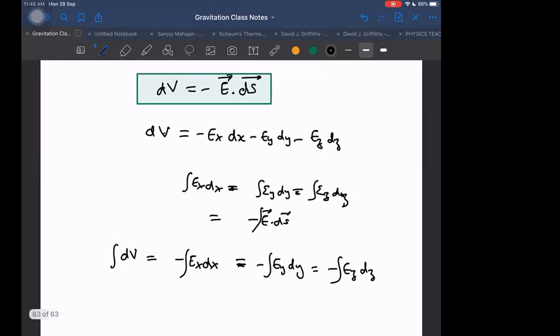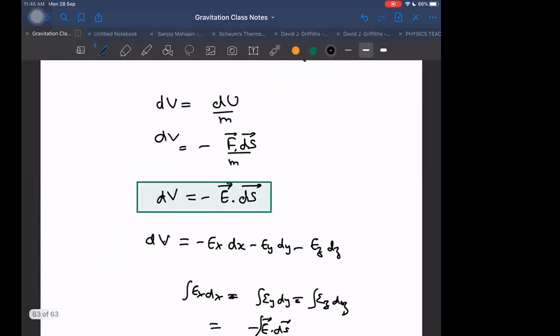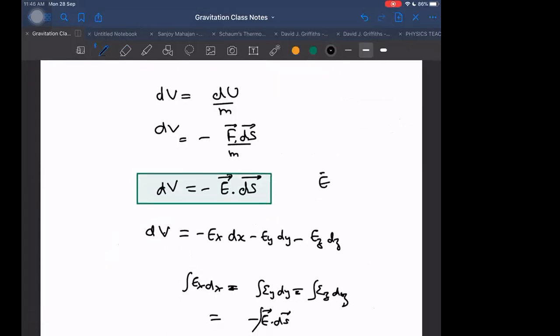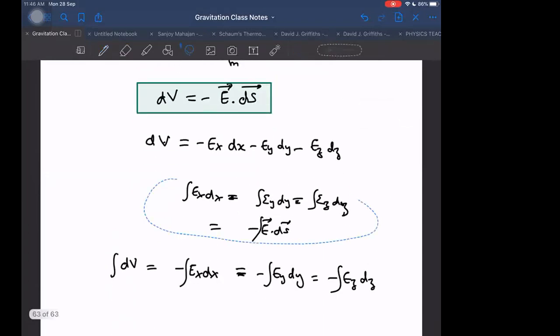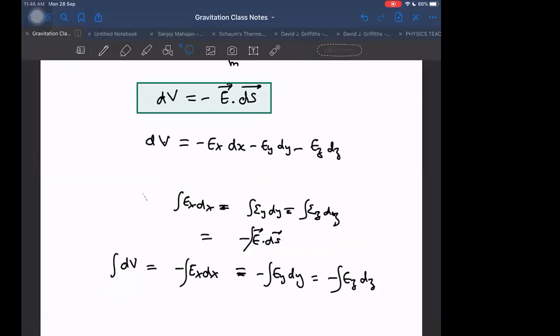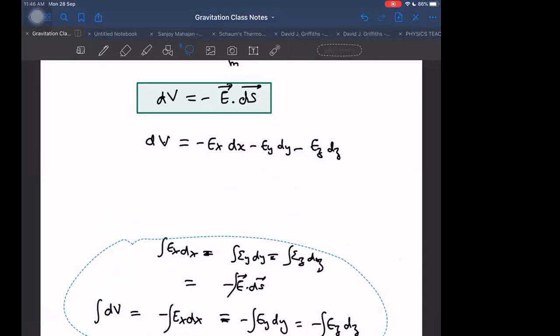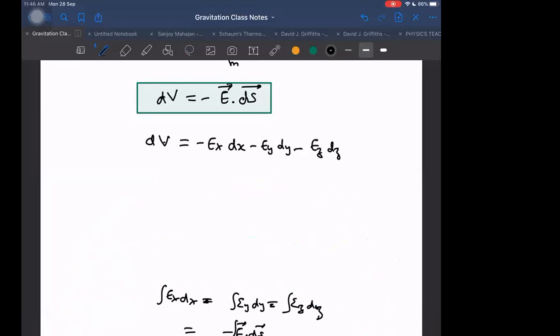And one more thing I want to write here, I could have written it in differentiation form also. I can write E is equal to minus of del V by del x, Ex. If you don't understand it now, I can postpone it a little bit, and say that before that I could have written this here. Let us differentiate with respect to x. Partial differentiation. Partial means I will treat the others as constants.